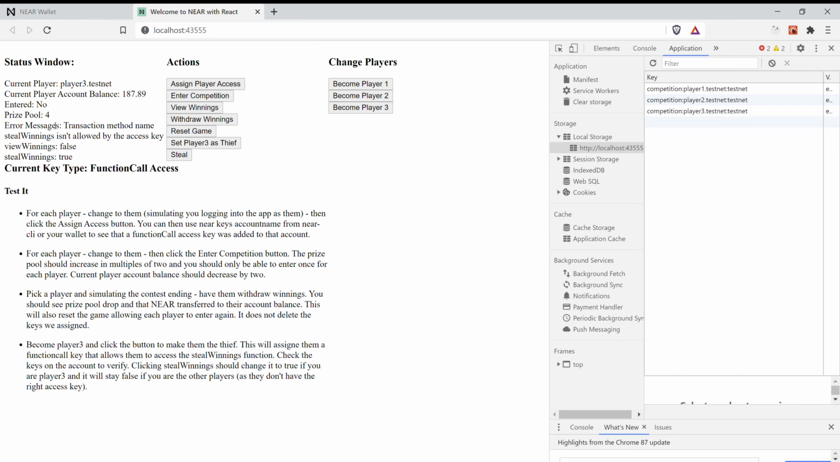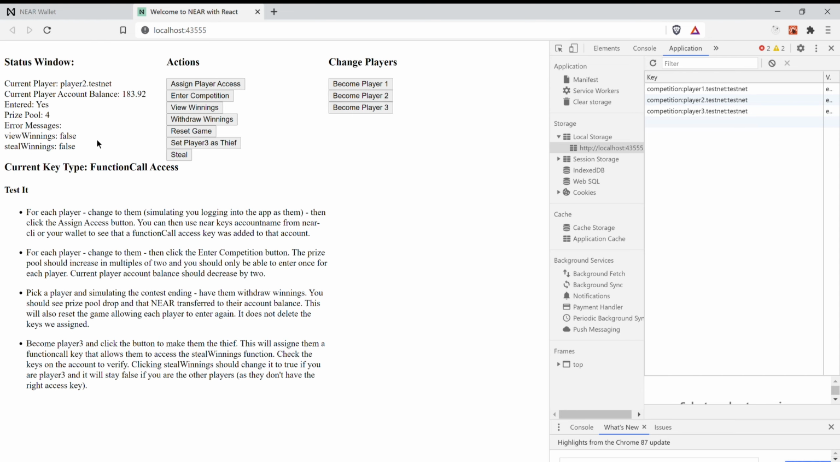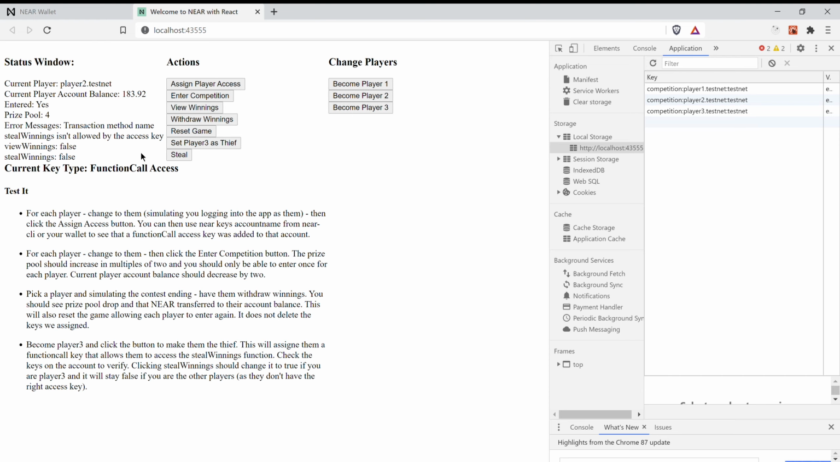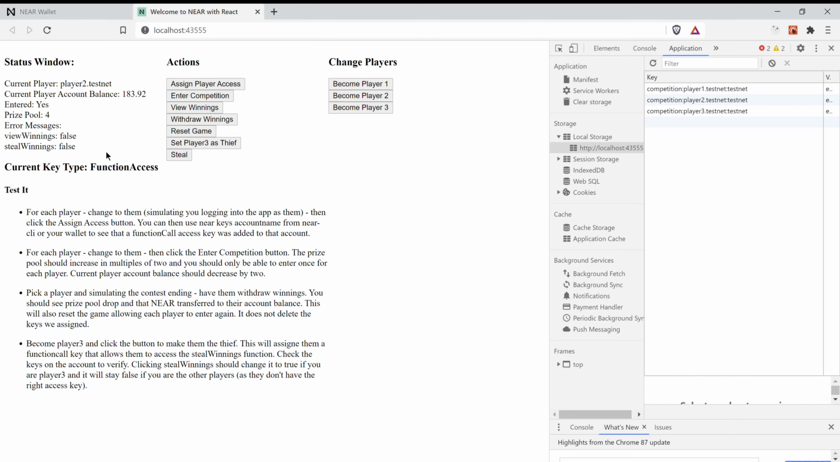And we haven't hooked it up so that the transfer goes through, so you're not seeing it here, but he was able to call the steal winnings method here. If we switch back to one of the other players and try it, they still do not have access to do that. Good. Reset the game, and that's basically the app,